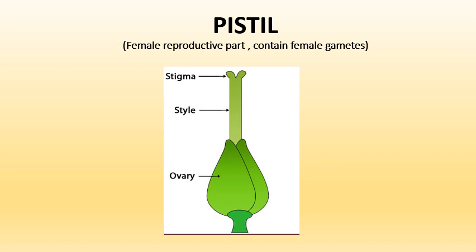Now look at the base of the pistil. By removing all the petals and sepals, you will be able to see a swollen part which is called ovary, and this ovary contains ovules which are the female gametes. Stigma on the top is sticky in nature to attach the pollens dispersed in air, and through style, which is a tube, leads them to ovary.